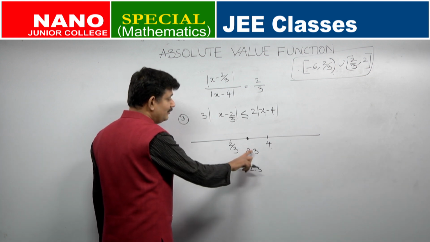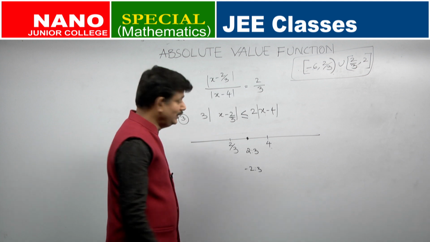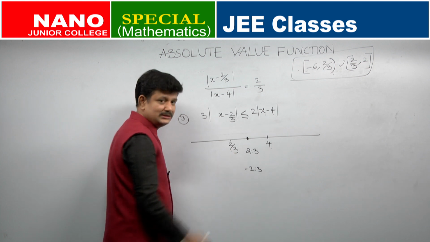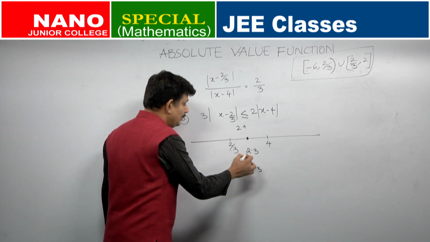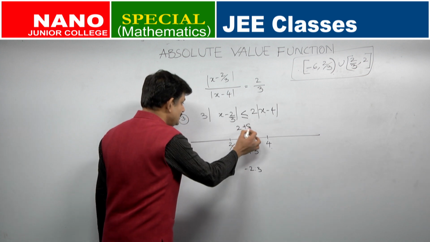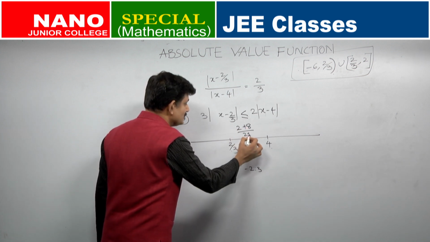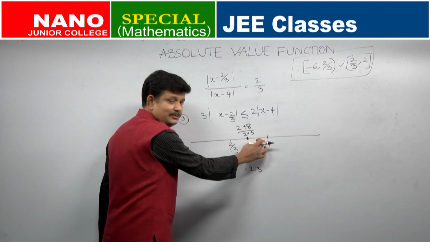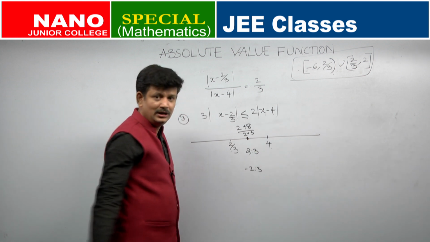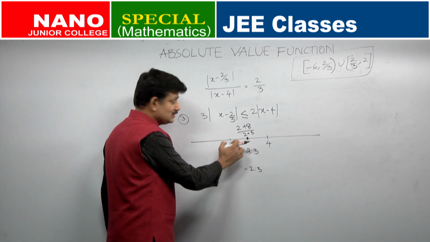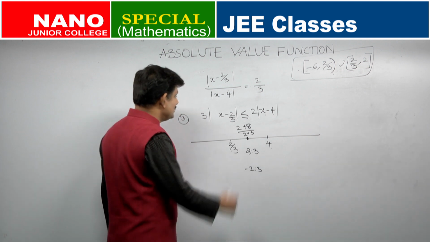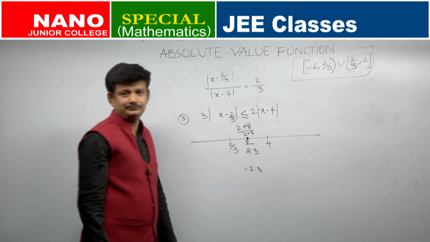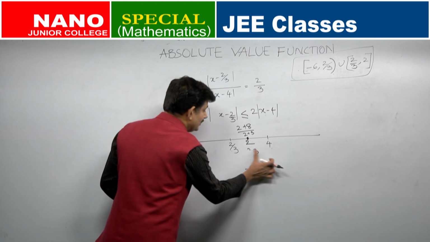So, let me calculate the point which is between 2 by 3 and 4, dividing in the ratio of 2:3. What is that point? You know the section formula: 3 into 2 by 3 plus 2 into 4, how much is it, 2 plus 8, divided by 2 plus 3. This is the normal section formula, mx2 plus nx1 divided by m plus n. This is 2 parts, this is 3 parts, total is 5 parts. Break the distance into 5 parts, calculate 2 parts, just add to 2 by 3, and you will get that number. So, what is that number? 10 divided by 5, this particular number is 2.